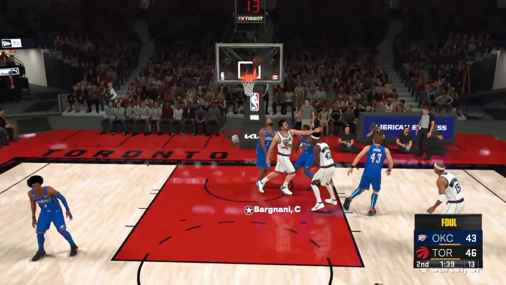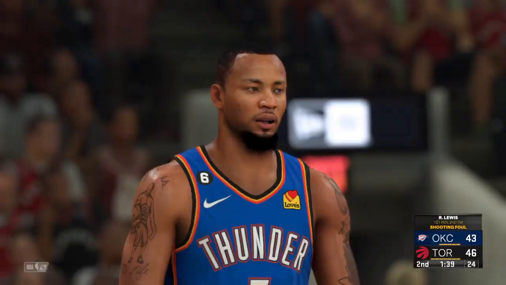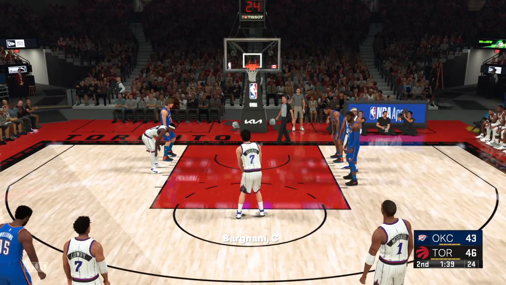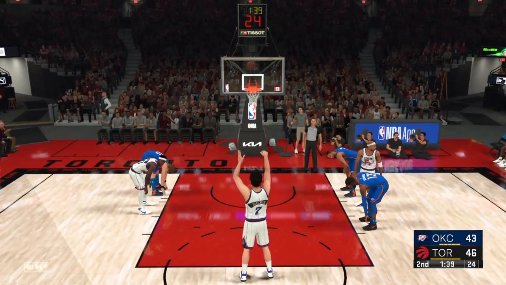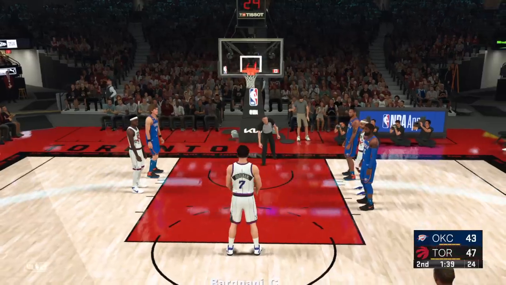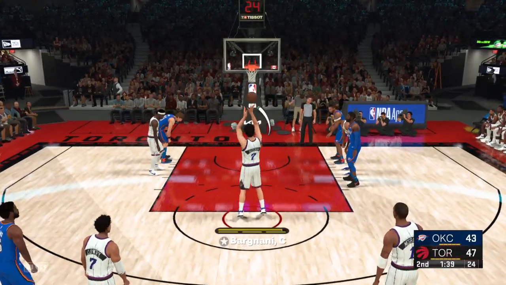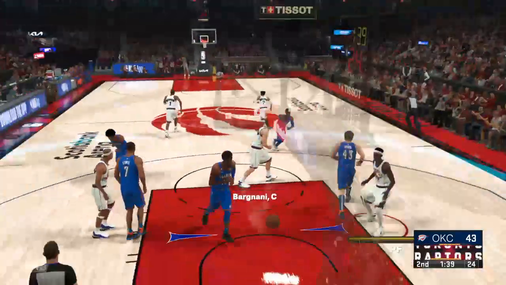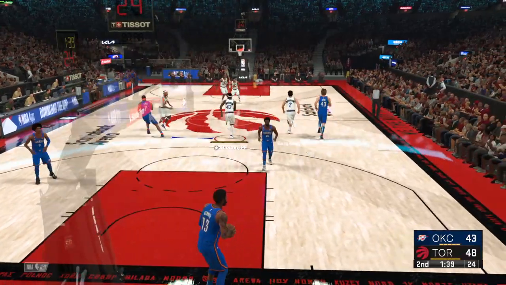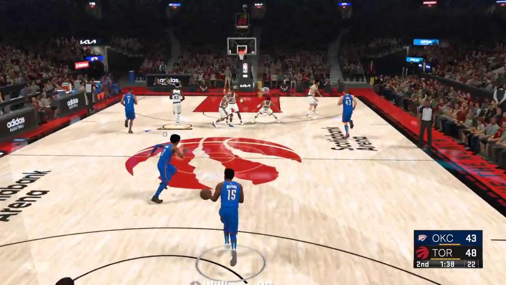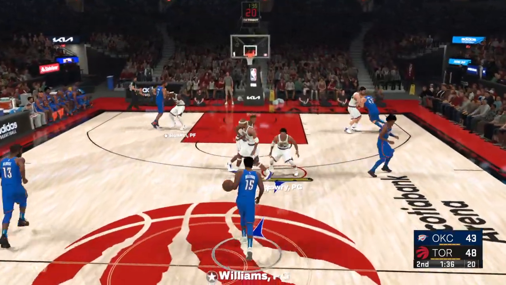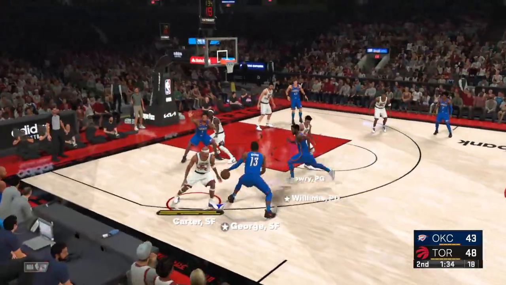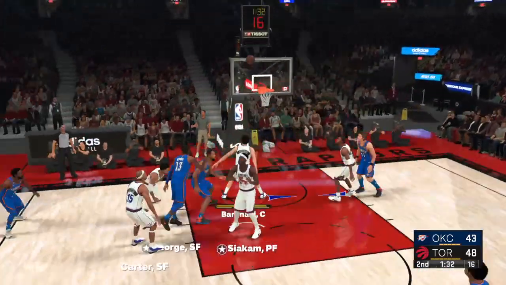Now, here is Bargnani. 8 points for him. And really the defense fouling there to prevent the layup, but that's exactly what you need to do. The Raptors shooting their 3rd and 4th free throw shots of the night. At the line. Bargnani hits them both. Well, he's come through for them at the line today, and you love having a big fella who's so capable on his free throws.